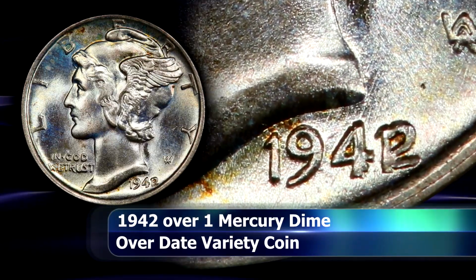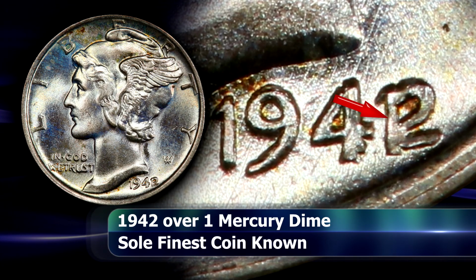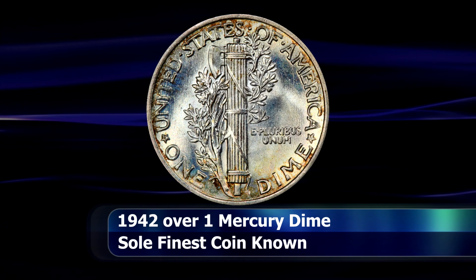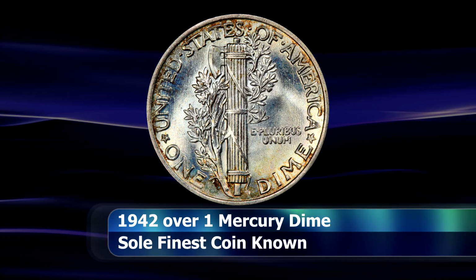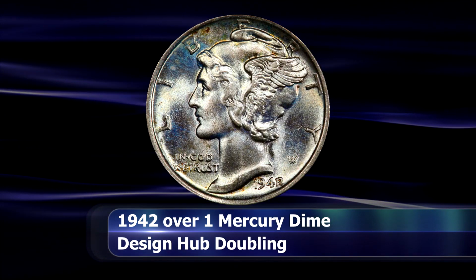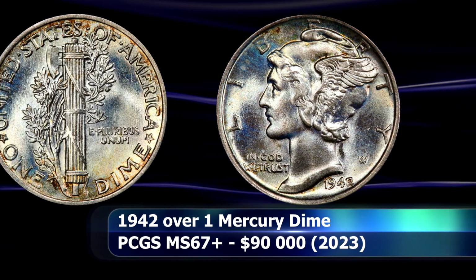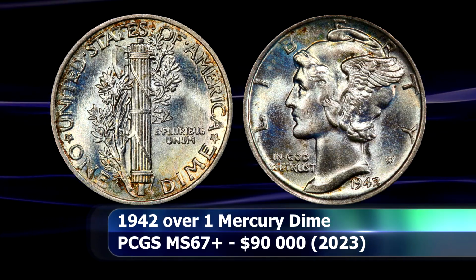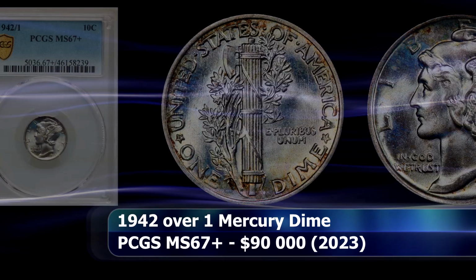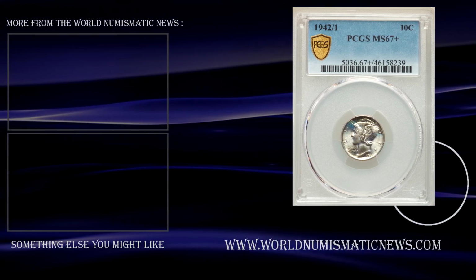You see, by the 1940s, the date was no longer being stamped into the working dies by hand, but was rather being engraved into the master hub for that given year. And so, in late 1941, when the working dies for the next minting year, which would be 1942, were beginning to be made, one set of dies was first impressed with a 1941 dated hub and then with a 1942 dated hub on top of that, leading to the accidental creation of this famous overdate. As the sole finest example known of the type, it is graded as PCGS MS67 Plus and sold at auction for